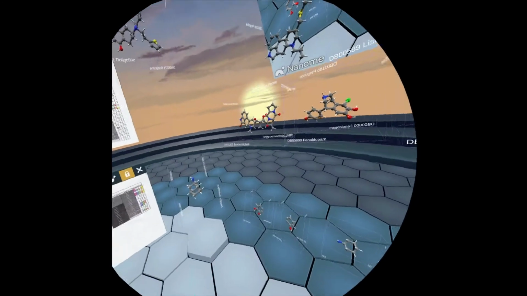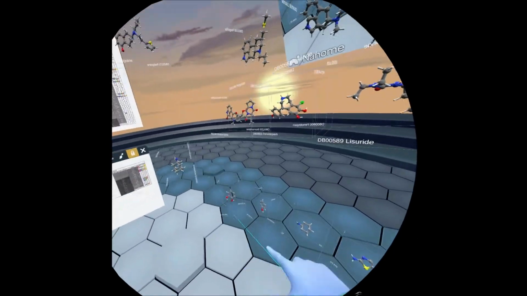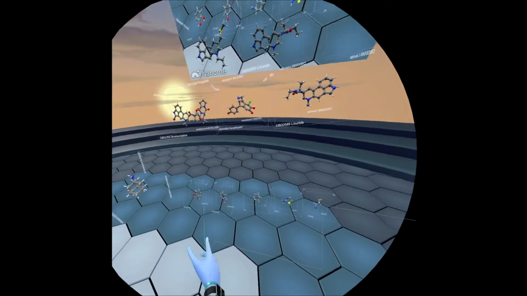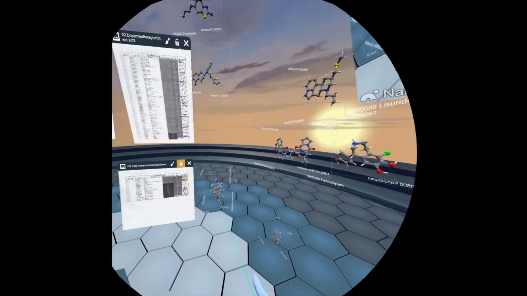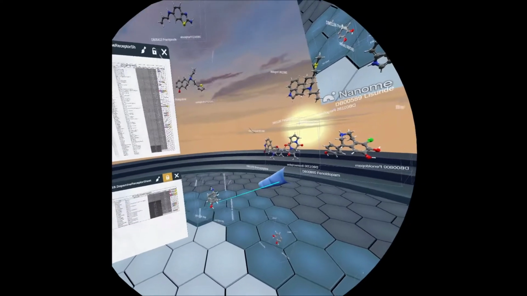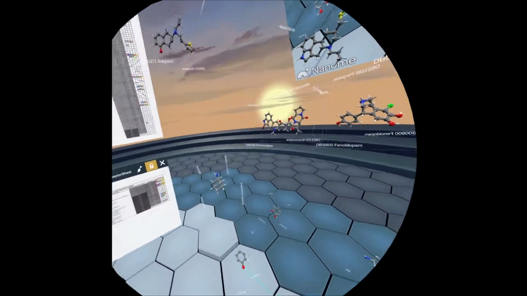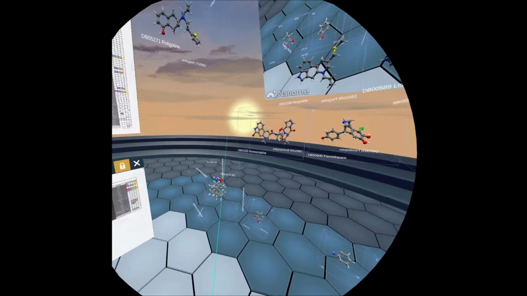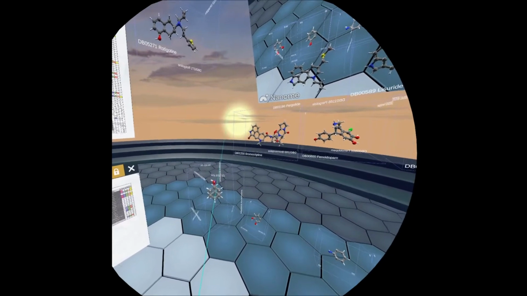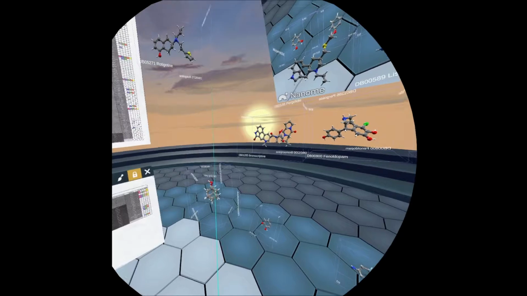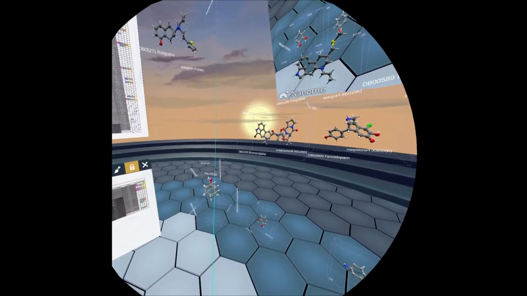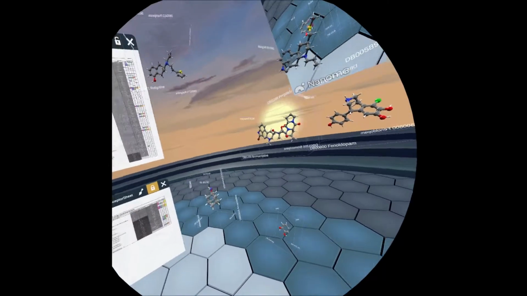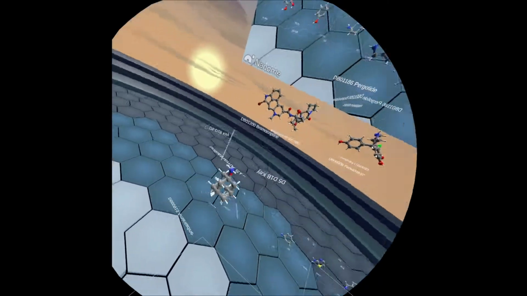Now, once again, for your visual comparison, I'm going to attempt to overlay and show you each of these. I can line up a few of these carbons with this key, and the bond doesn't seem to be too